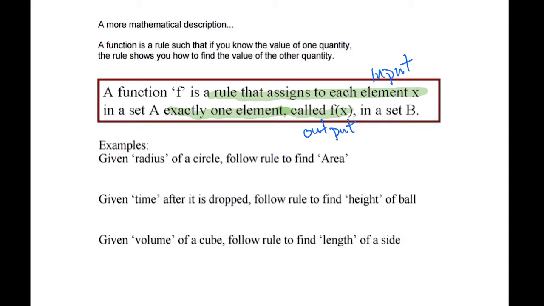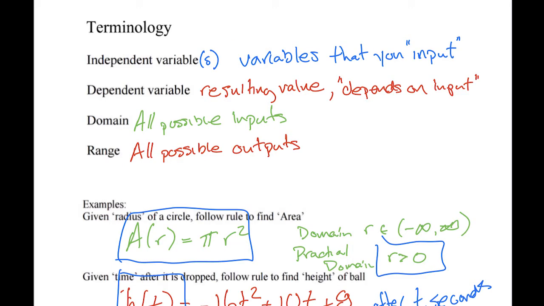So if you tell me the radius of a circle, I can find the area. There's a formula for that. If you tell me how long after a ball has been dropped, there's a rule to tell me how high the ball is. If you tell me the volume of a cube, there's a rule to find the length of the side. I can find functions for all those things. So let me give you some examples,